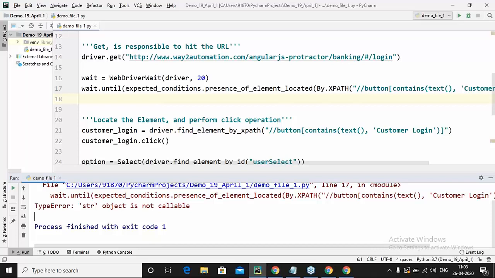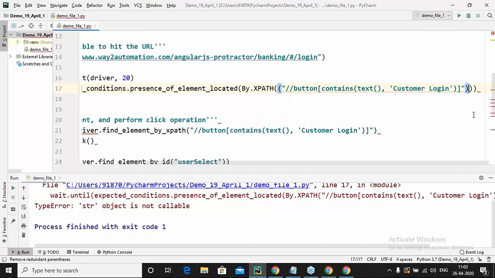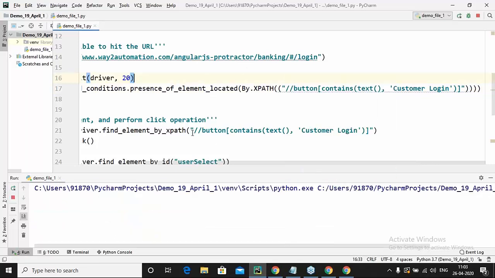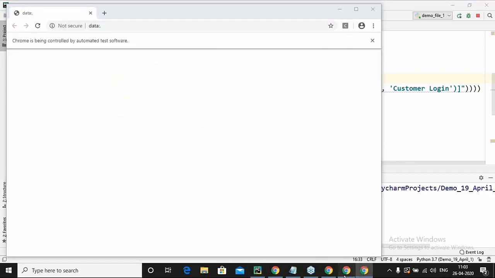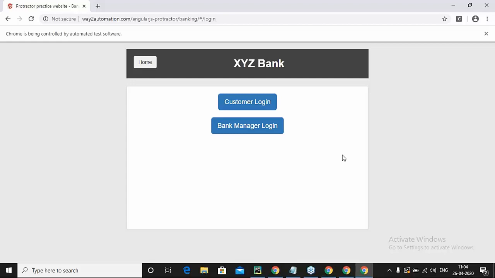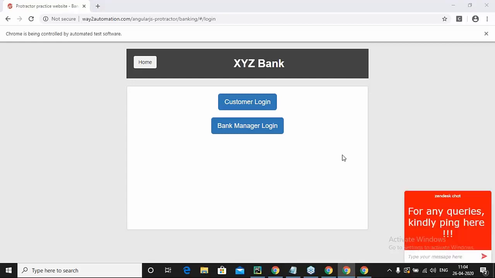Okay, let me try to do something. Let's re-execute it. It opens the website, and again it is giving the same error.